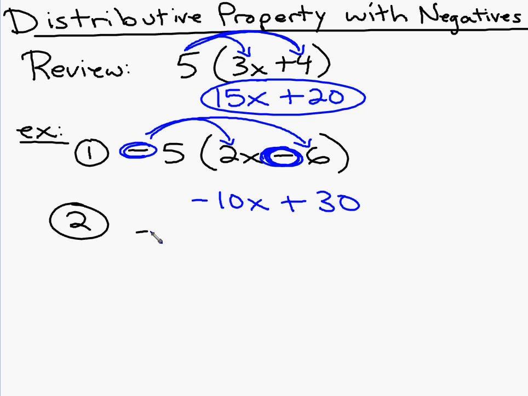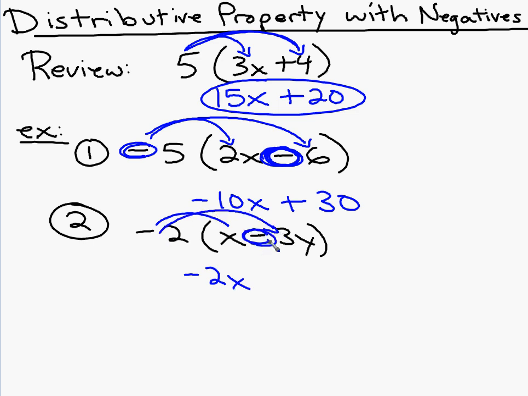Why don't you try this one now? Negative 2 times x minus 3y. Try that problem on your own. All right, using the distributive property, negative 2 times x is negative 2x, and negative 2 times negative 3 is positive 6y. Now, of course, there's a number of different ways these could be written, and I want to try to expose you to those. What if it's written this way? Well, if it's written that way,